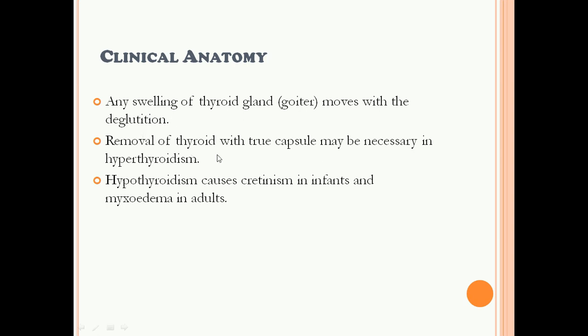The removal of the thyroid gland along with the goiter tumor appearing over the gland is called thyroidectomy. Thyroidectomy is the treatment for excessive hyperthyroidism and thyrotoxicosis. There is also an autoimmune condition involving the thyroid, called Hashimoto's disease. Hashimoto's disease is an autoimmune disorder, and we also have hypothyroidism, which is decreased production of thyroid hormone. In infants, we call it cretinism, and in adults, hypothyroidism is called myxedema.